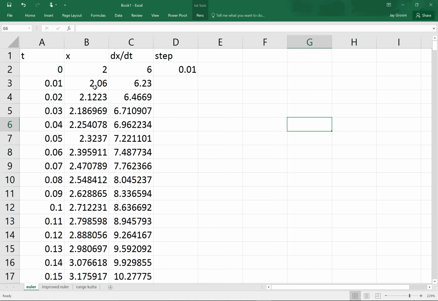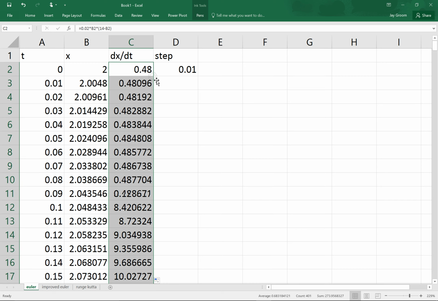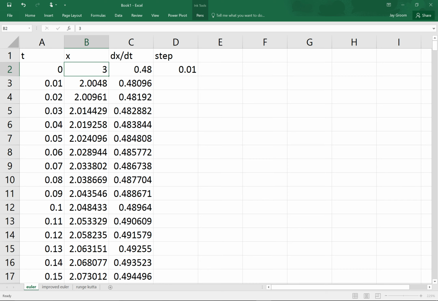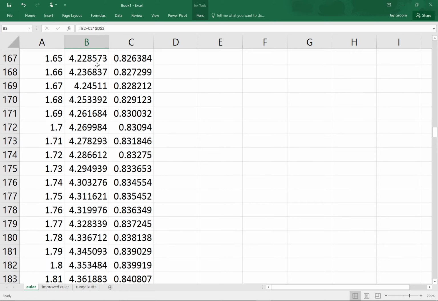Now, right here, okay, oops, not right there. Sorry, escape. Right here is where the magic happens, yes? Because our formula this time is 0.02 times the population times 14 minus the population, right? And so two things I have to do. Copy this down, so double click, voila, and change that initial condition to 3. And then come down here, we went down to 2 this time for whatever reason. I felt like doing 2. And so